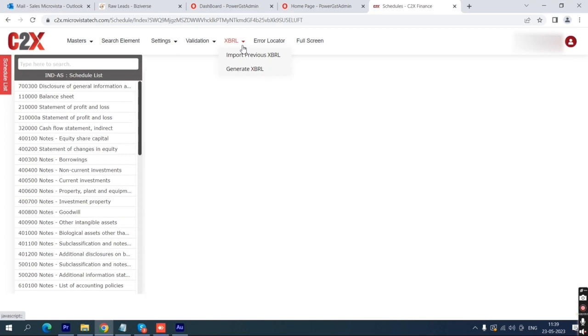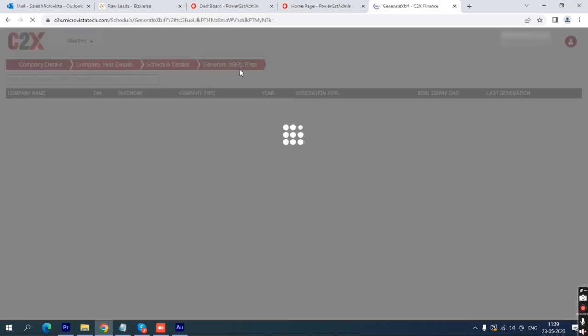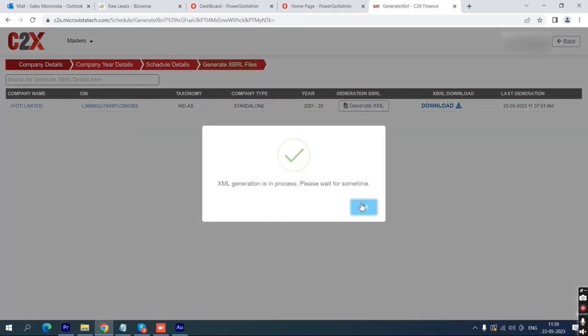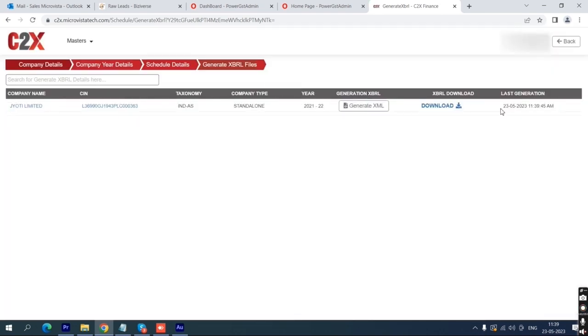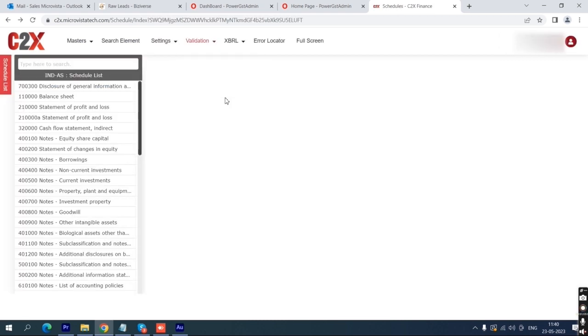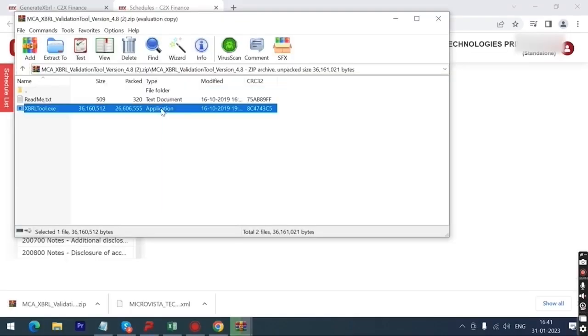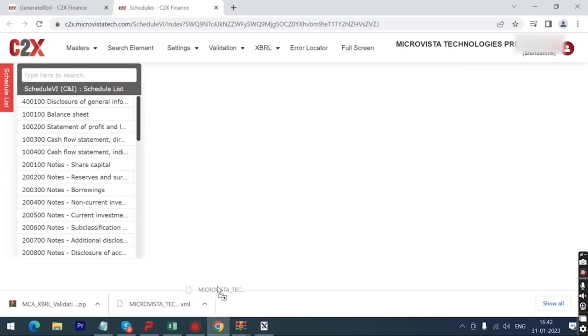After you fill all the data and do the validations, you go to XBRL menu and click on generate XBRL button. Then click on generate XML button. Once file is generated, you download on system and now you can see last generated date and time also mentioned on this page. After generation, you go to validation menu and download MCA validation tool and upload your XML file